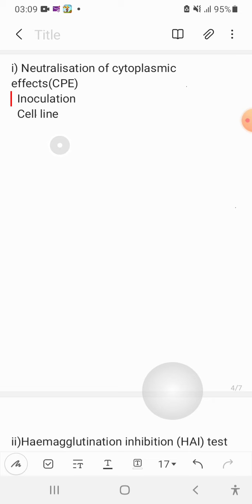When they infect an individual, then the antibody against them is produced. That antibody will neutralize the biological effect of poliovirus. So if you suspect that a person is infected by polio virus, then you'll take